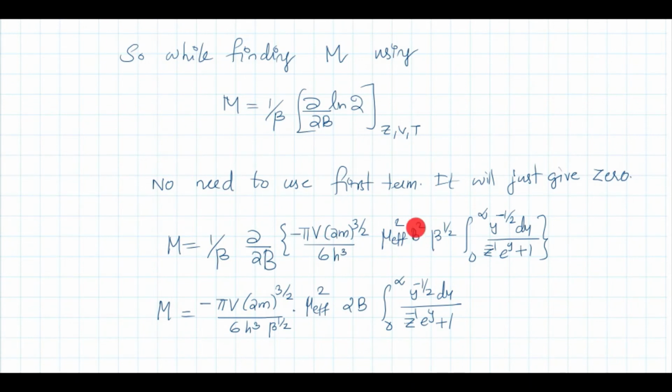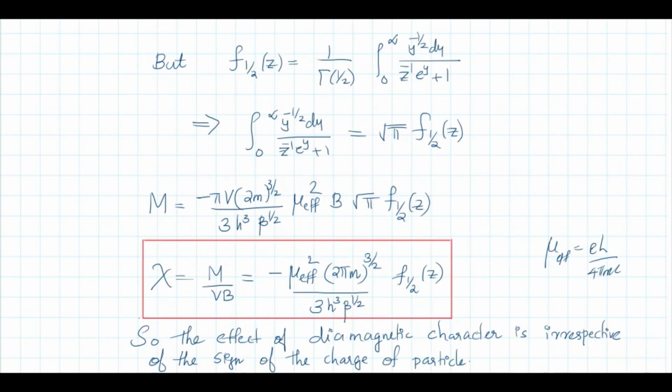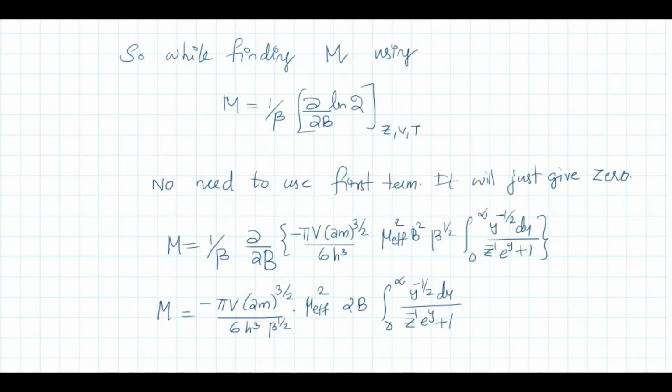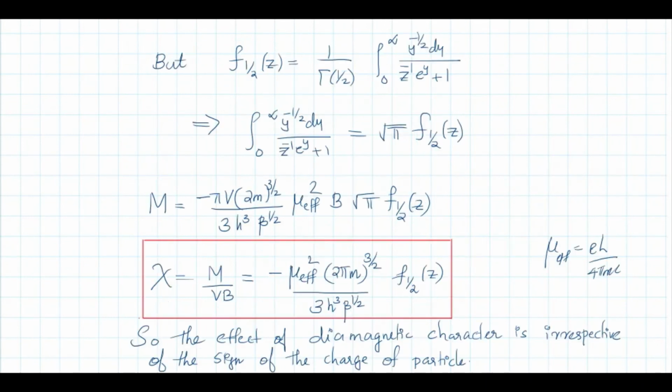But there is only a B square dependence, that becomes 2B. All other terms are constant. Okay, so you will get this relation. But this last integral, you can write it in terms of